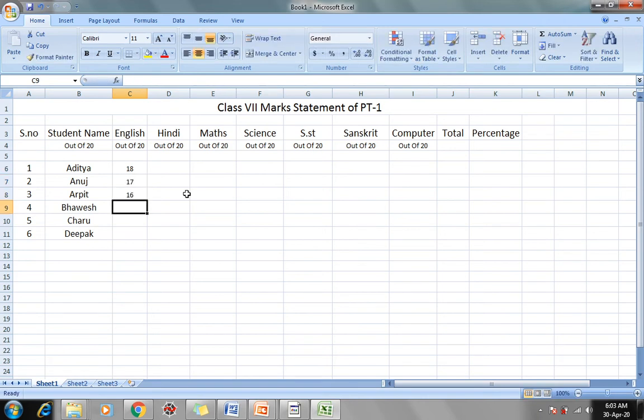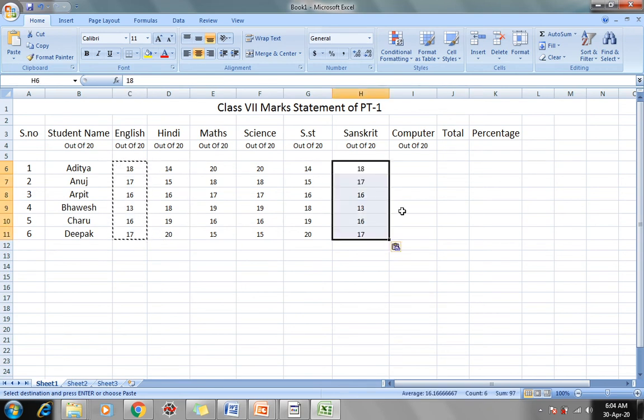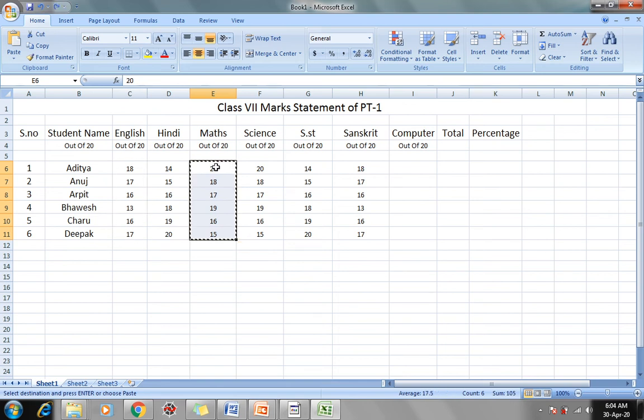We are just assuming values here. So this is our marks statement.